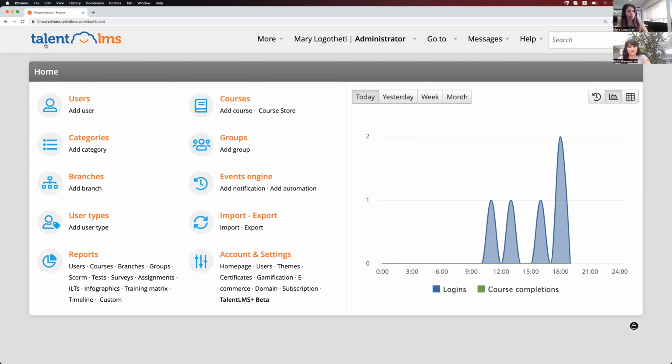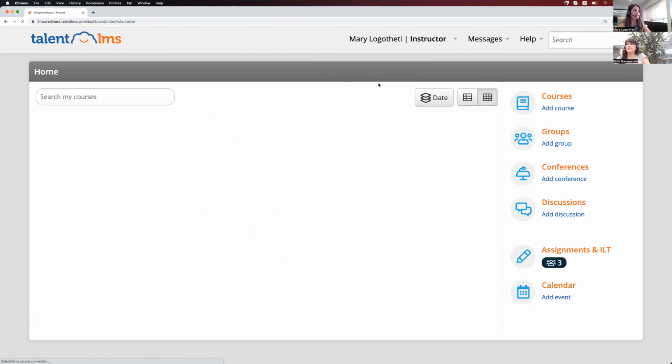Another idea now, if you don't want to work with different user types, is to just make the discussion specific to a group of users. Have you considered that? So I can create groups and put, for example, all the users that work in the marketing department. They should have a place where they can communicate and exchange ideas. But perhaps I don't want this for the people that work in finance. So I create a group for marketing. I create a group for finance. And then when I create the discussion,